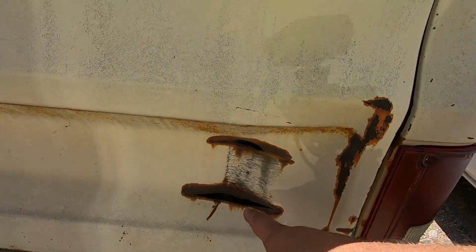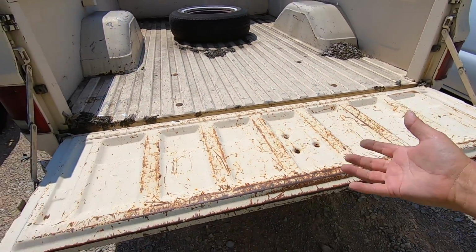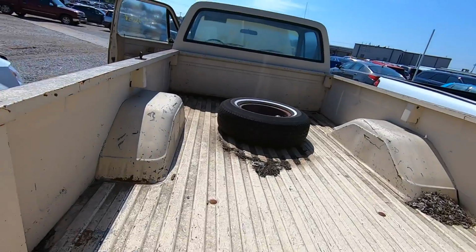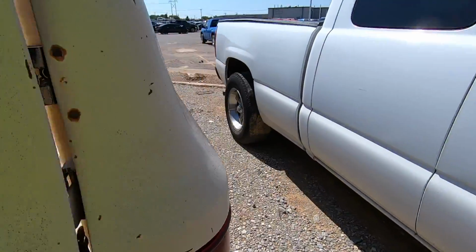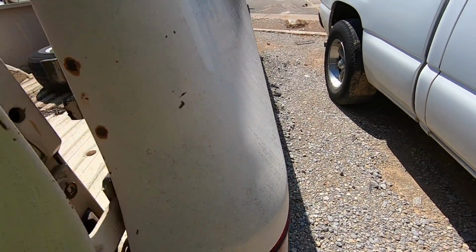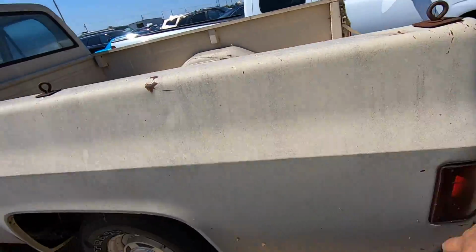See, somebody had a little accident with the tailgate there. Man, this is a solid truck, though. You know what I mean? Oh, that tailgate. And it still works. And the bed is in such good condition. Throw a liner in this bed. Well, I spoke too soon. Looks like she doesn't want to release there. Trying not to bounce you guys around too much. We'll just have to leave it like that, I guess. Or maybe we should just leave it down. Yeah, have to do some work on that. I don't think that's too big of a deal, but